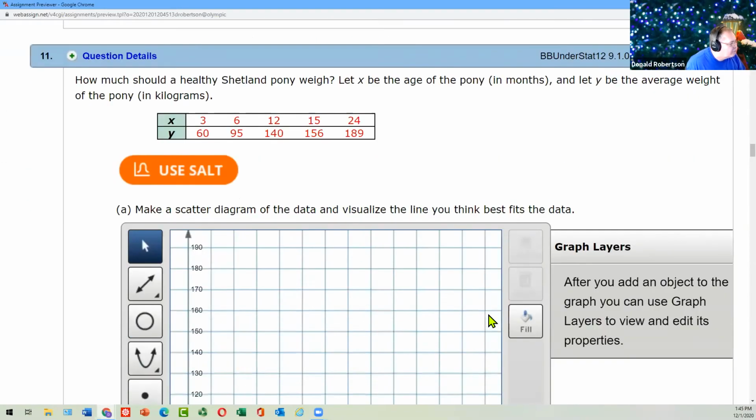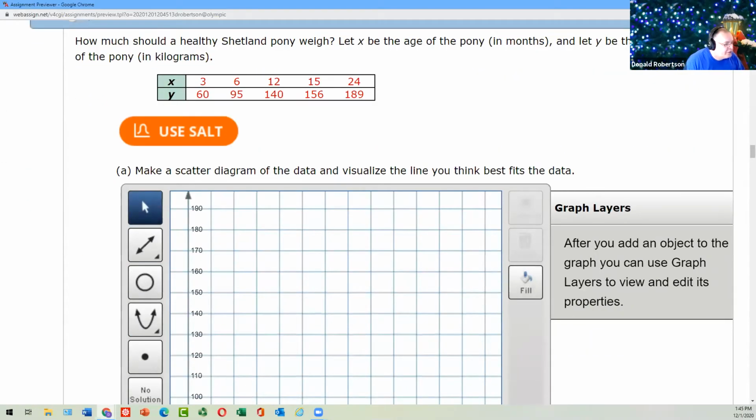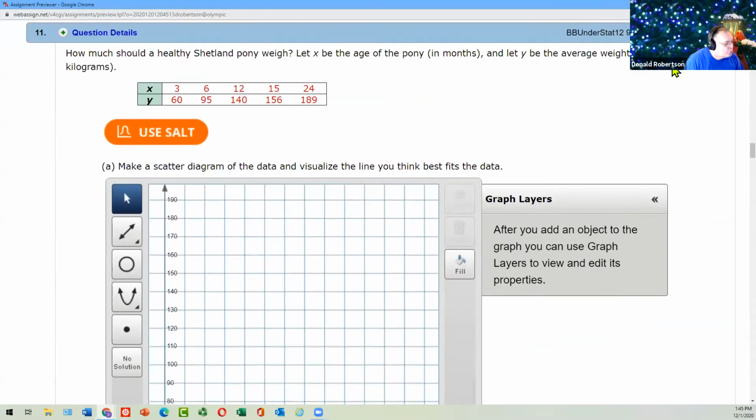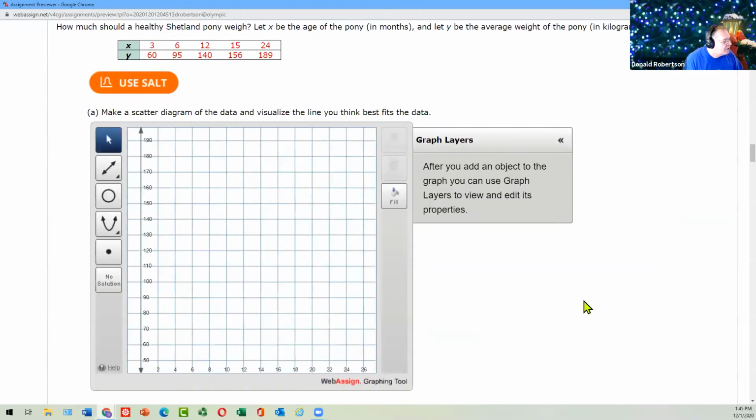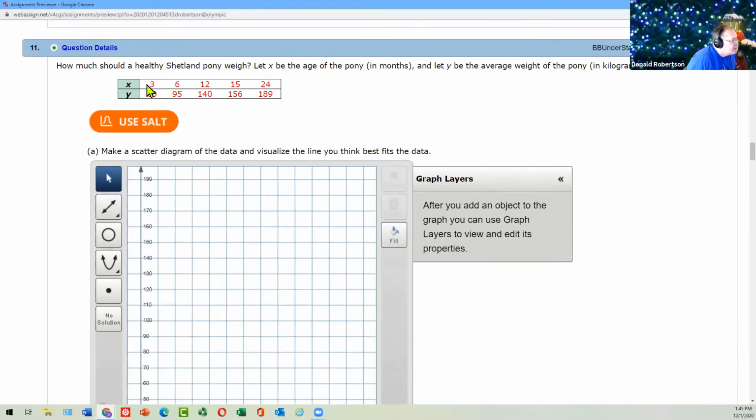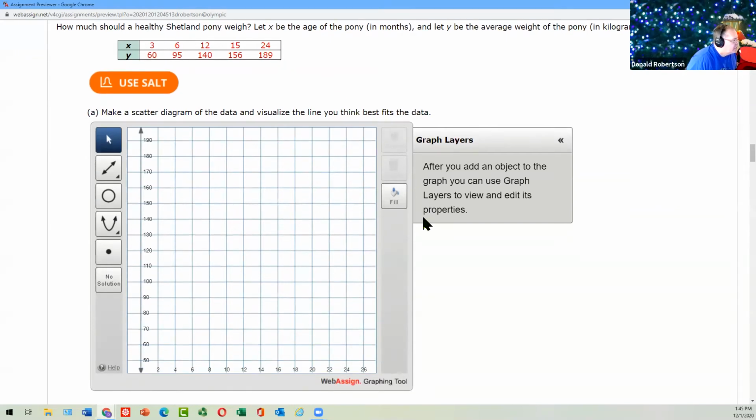So you got some more. And now we get to something that, if I can remember last time, was quite an awkward thing to do. Remember trying to draw straight lines and things on this diagram? We're going to do a scatter plot. So here is the data. If you're interested, X is the age of the pony, and Y is the weight. Okay, so